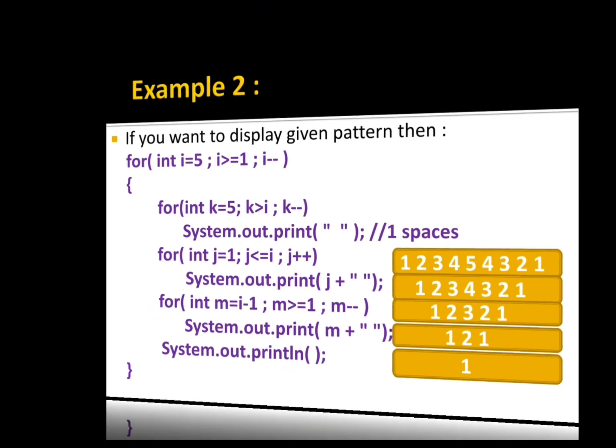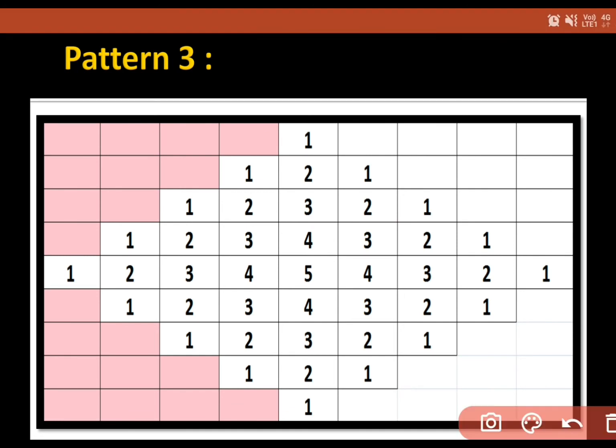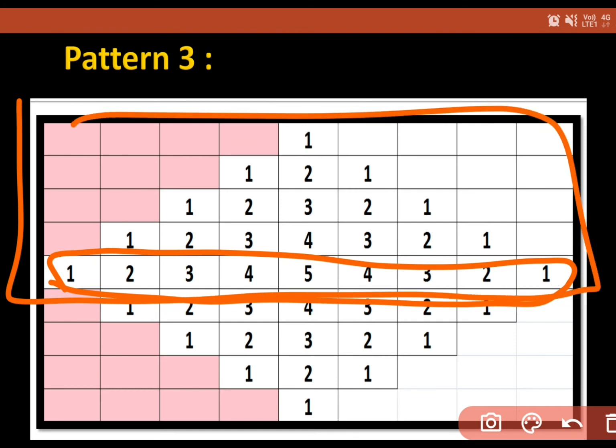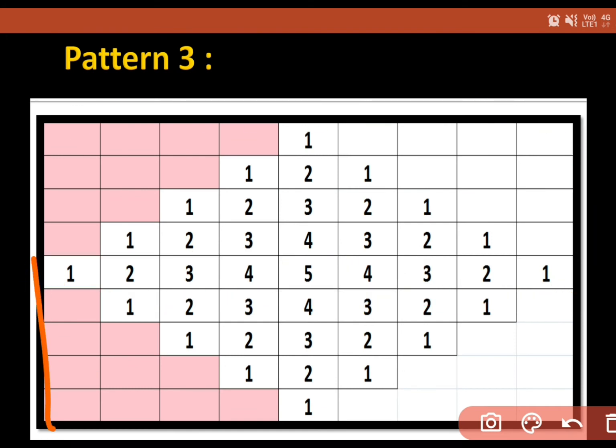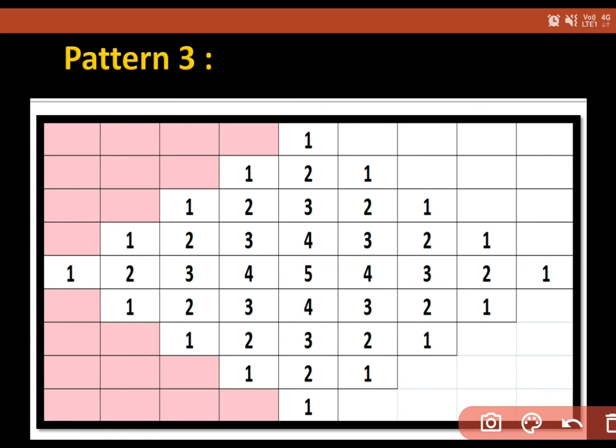Now see what happened. Now we are having a pattern in this way. I'm combining two patterns together. Now what will happen? Some sort of change is there, that this line is now common for both of the things. Previously I had created the pattern in this way. After that I had created the pattern in this way, and the third pattern I had combined together.